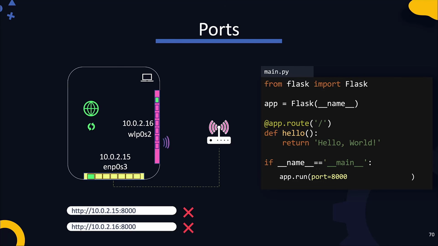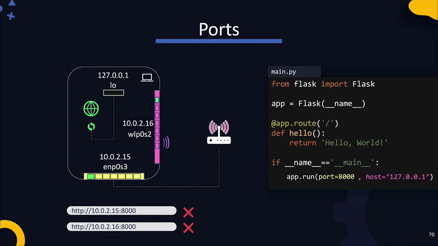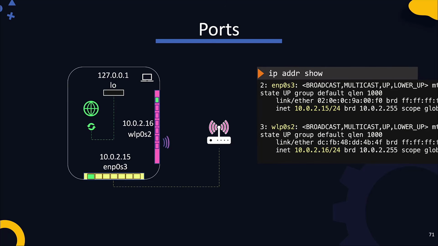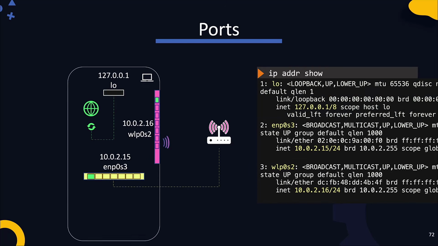When no option is specified, the server listens on IP 127.0.0.1 by default. This is known as the loopback address. Apart from the two interfaces we talked about earlier, every host has a built-in virtual interface known as the loopback address. The information about this interface is also visible under the output of the ip address show command. Its name is lo and the IP assigned is 127.0.0.1. Every host has this loopback interface built into it and all of them have the same IP address set on it,